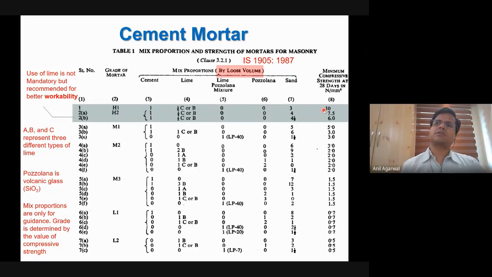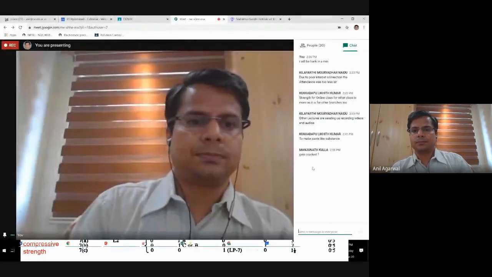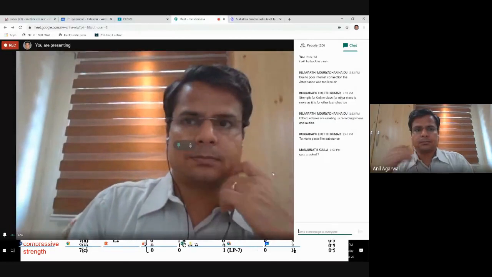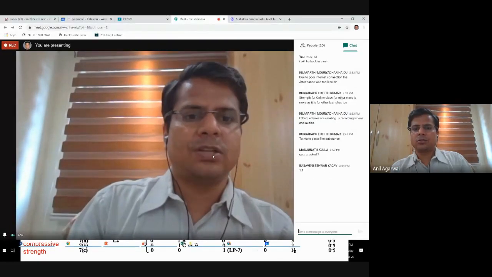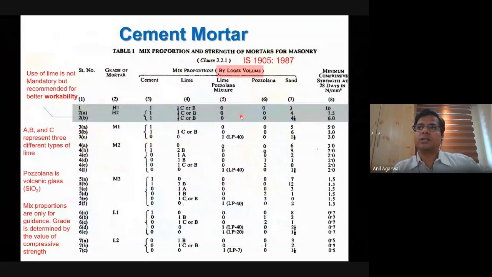You remember what was the mix we had used for the compression test? You remember we had filled the frog of the brick before the compression test, and that mortar had a particular mix ratio. Does anybody remember what that ratio was? 1:1, correct. So that was a very, very strong mortar ratio. 1:3 is the highest class mortar that you can achieve, and the strength is approximately 10 Newton per millimeter square.